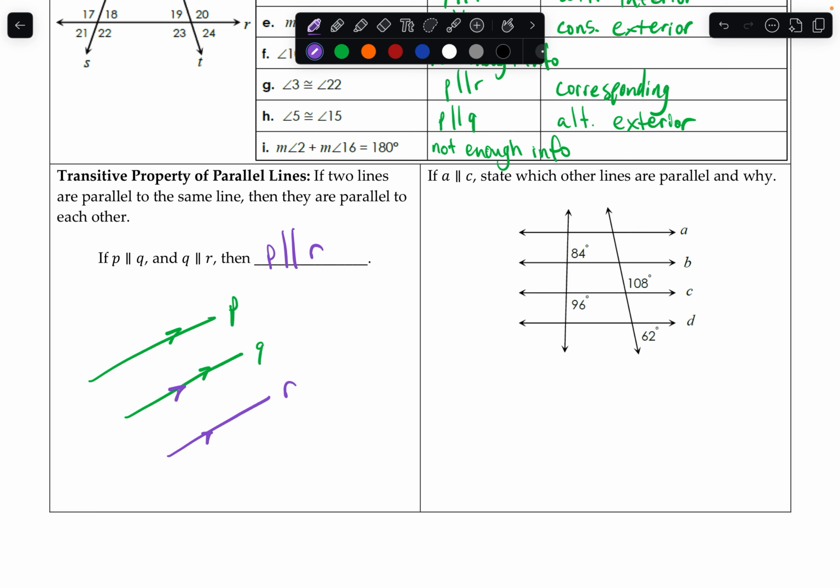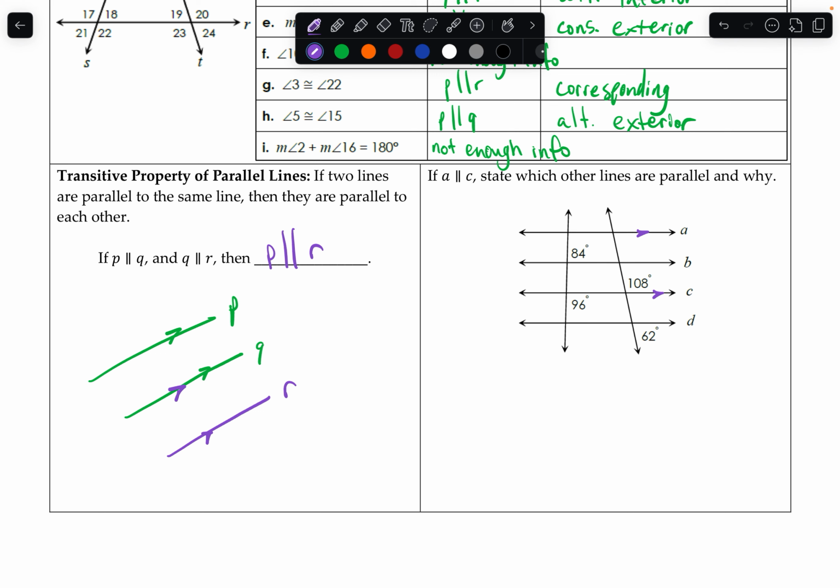We are being told that A and C are parallel. Let's use these other angles to see if anything else is parallel. And remember, in order to compare angles, we need to know that they are on the same transversal. So these two angles are on this vertical transversal here, and 108 and 62 are on the transversal over here. So I'm basically just going to add these things together, see if they add up to 180, because these are consecutive exterior angles. These are also consecutive exterior angles, and consecutive exterior angles need to be supplementary to prove any type of